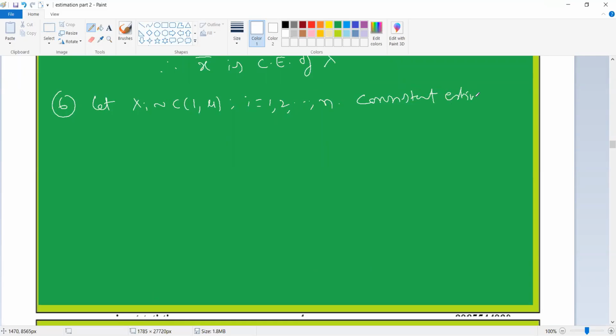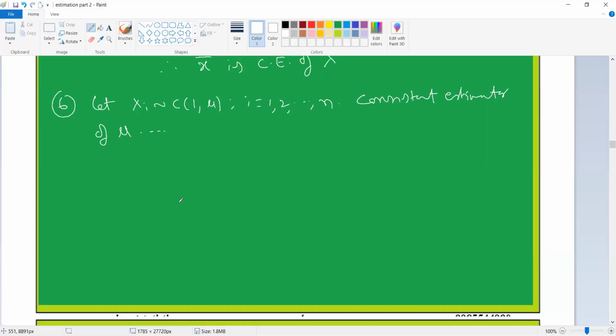Consistent estimator of mu is here. Cauchy is a special probability distribution. The Cauchy mean does not exist. Higher order moments also do not exist. MGF does not exist. Now, here the sample mean